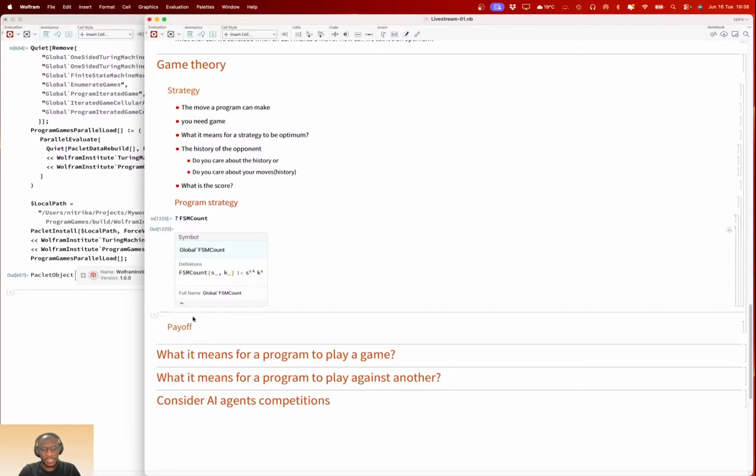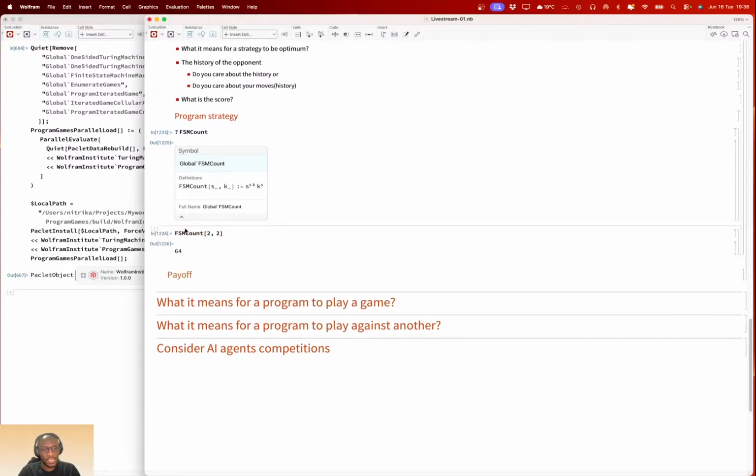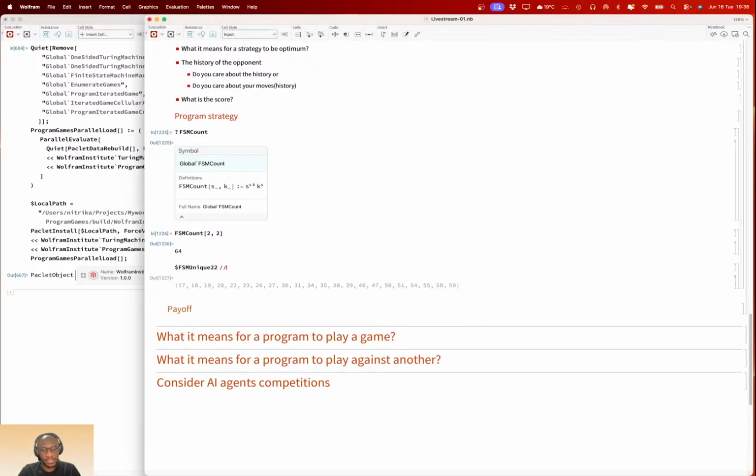So if you ask for an FSM as a possible strategy, with let's say two states and two moves, how many are there? There are 64, but the canonicalized versions are only 22, I think. Yes, so 22.